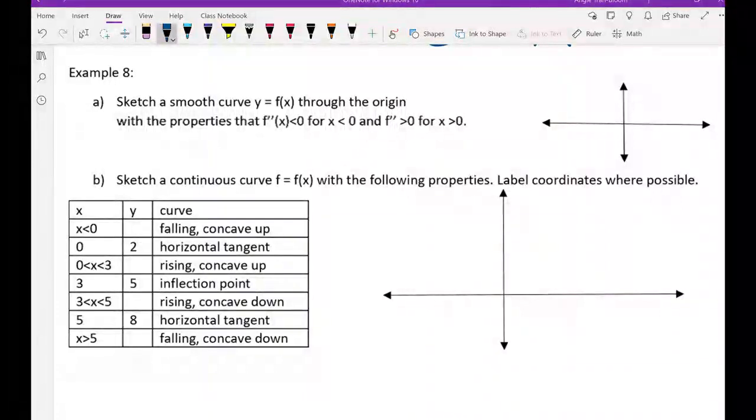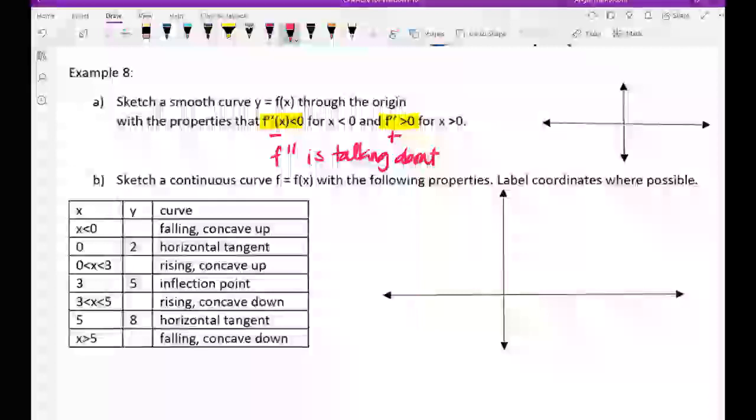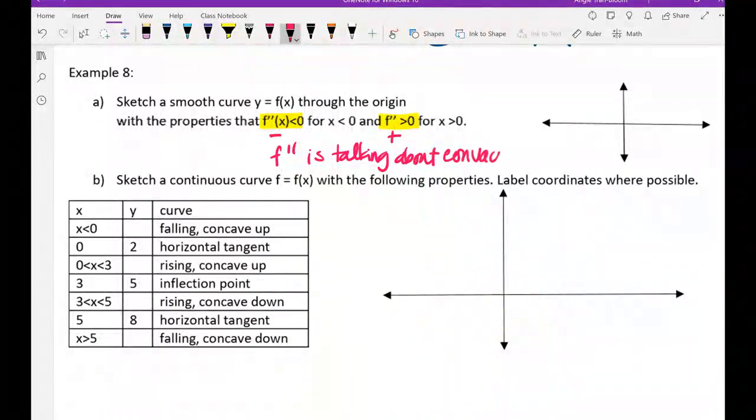margin with the properties that f double prime is less than zero for all x less than 0, and f double prime is greater than 0 for all x bigger than 0. So as you guys remember, the double derivative, when it's telling you that we're going from negative to positive, this is talking about concavity,